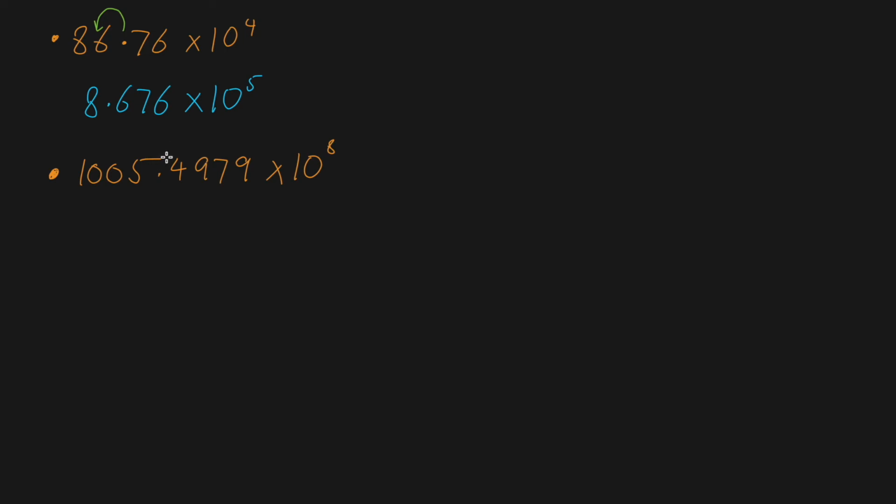Again, shifting to the left side. But how many digits are here? Let's say I'll count it from here. 1, 2, 3. Okay, we have 3 digits to shift to the left. We will shift the decimal point to the left, passing these 3 digits. So we will have the answer